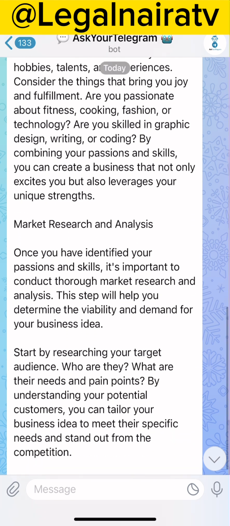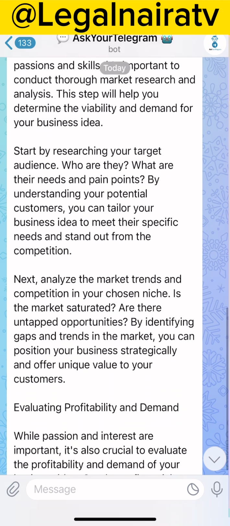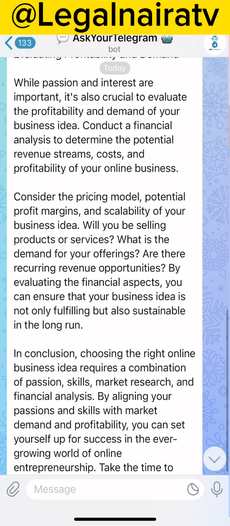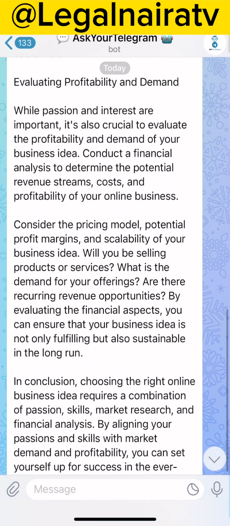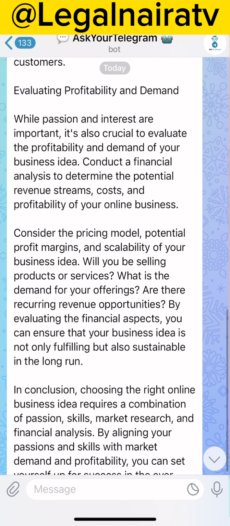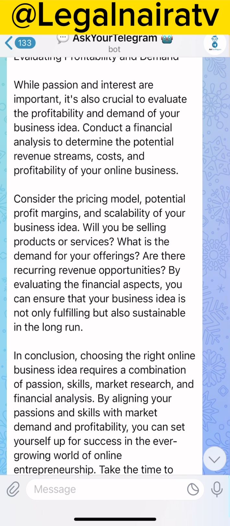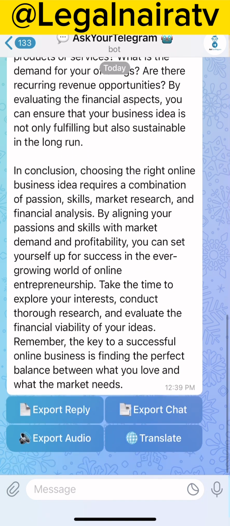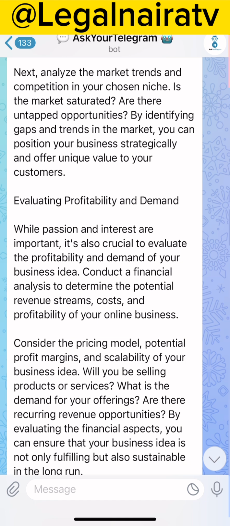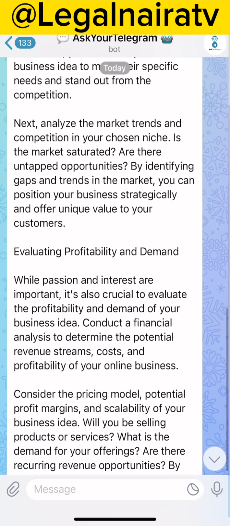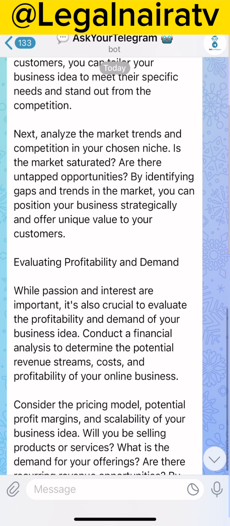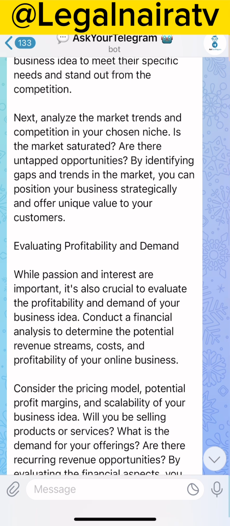You see, this is awesome. You can't do better than this. Even if you can do better than this, how fast can you get it? How fast can you get it done? You just copy this chapter 2, go straight to your plagiarism checker, check plagiarism, go back to the paraphrasing tool to paraphrase any section that is plagiarized, paste it in your documents, then format it. This is how you are going to gradually write out all the contents of this book. If I'm the one writing this book, I might not go beyond 30 pages or 35 or max 40 pages, and I'm good to go. Just upload it, people will buy it, and you will start making money.